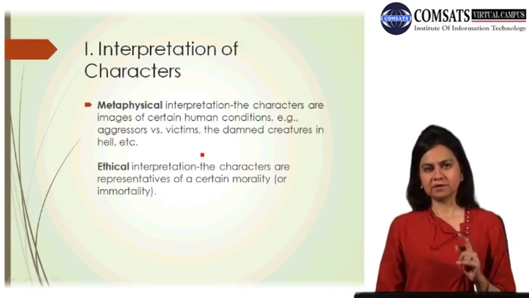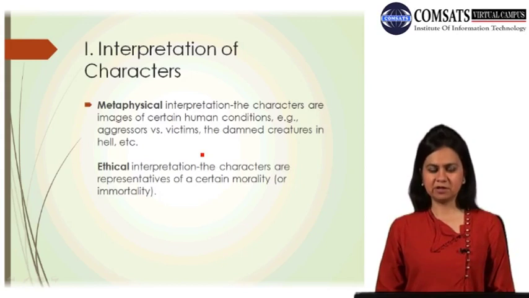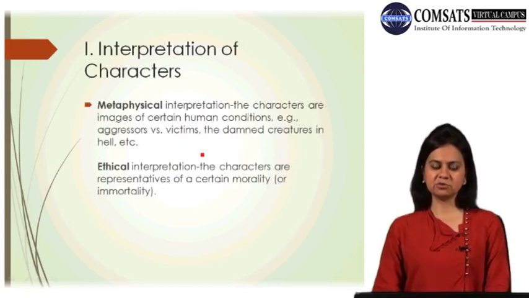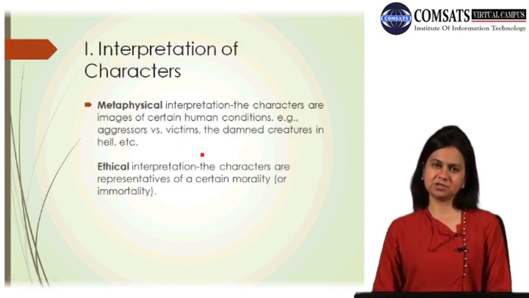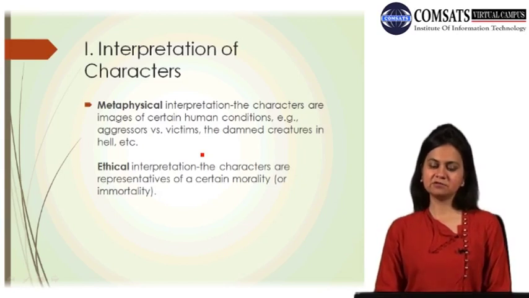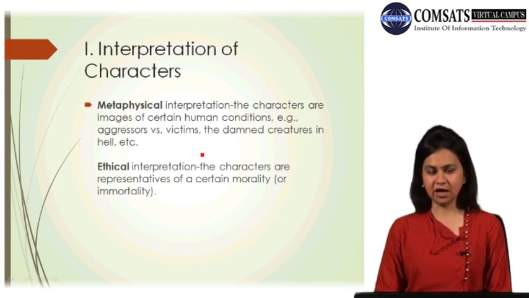Right? So the fourth way of interpretation of a literary text is referred to as the ethical interpretation. Ethical interpretation of characters is when we see characters depicting certain morality or immorality. Now the ethical interpretation of a text is that a character might reveal an idea, either good or bad. For example,